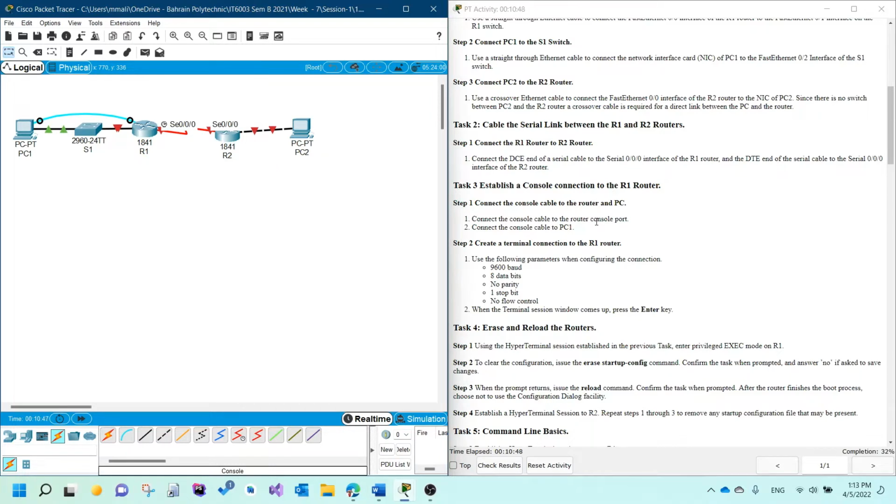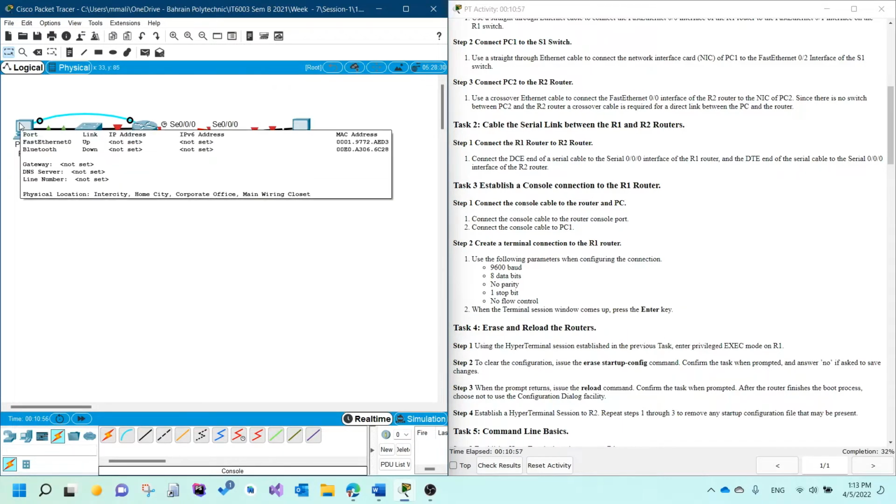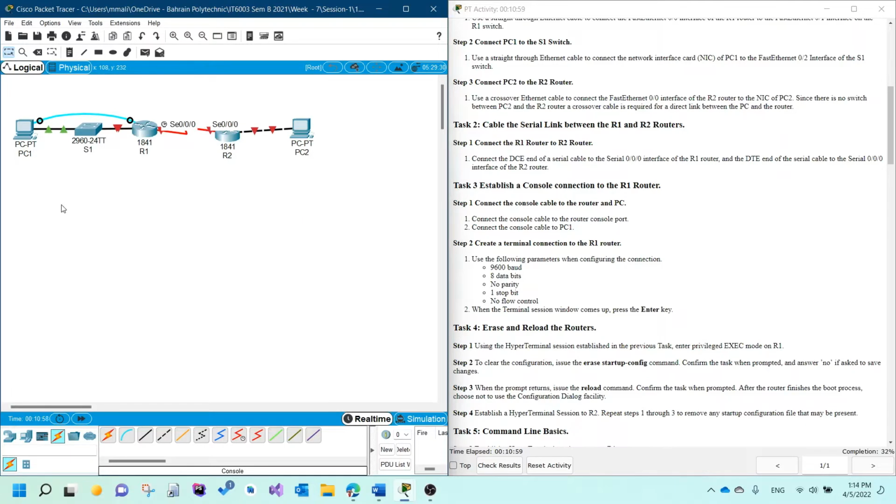We connected it on the console, and then we connected to PC1. The next thing is we need to create a terminal connection. Why do we use this console cable first? We use this console cable because